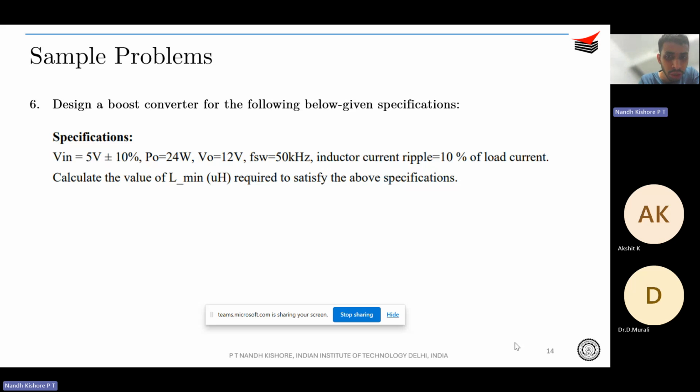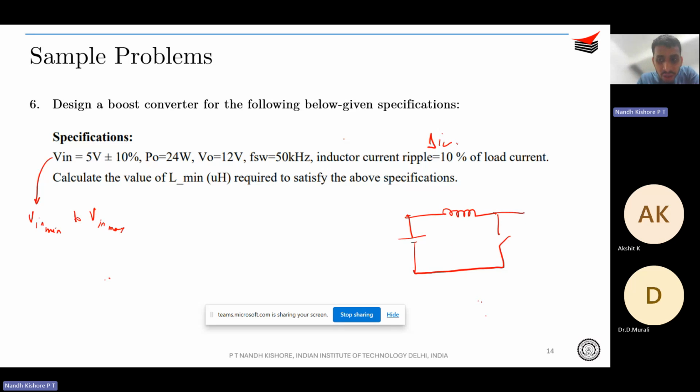So your delta IL is given as 10% of the load current, and your Vin is varying from Vin min to Vin max. And you know that for a boost converter, if you redraw the circuit diagram, you will have the input inductor over here, then the active device, and then a diode,